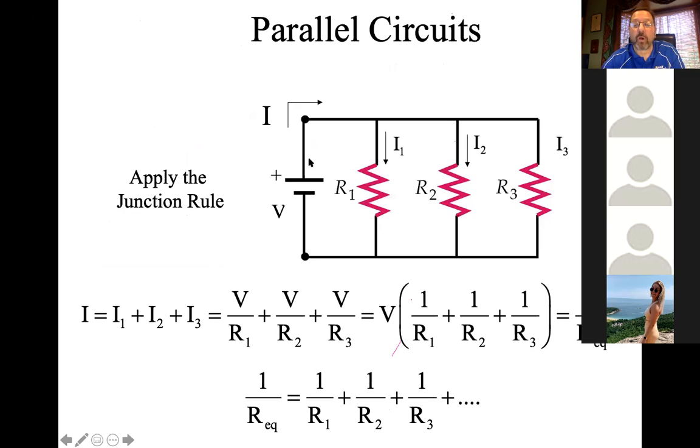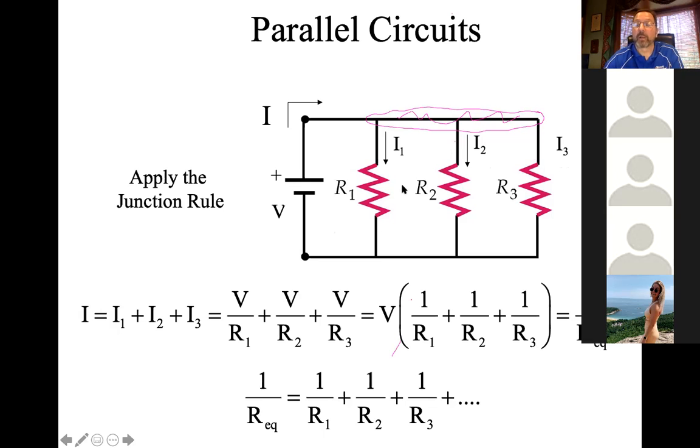And I want to look at a junction now. I need to move that down because I need to see my annotate button again. All right, and then I can move that back up. And you'll notice there's some current leaving the battery. And when it gets to this point right here, I could have drawn that as one big dot, right? Because the current splits into 3 places right there, I1, I2, and I3. And according to what we call the junction rule, the current leaving the battery has to be equal to the current going to resistor 1, which I've labeled as current 1, the current going to resistor 2, which I've labeled as current 2, and the current going to resistor 3, which I've labeled as current 3.